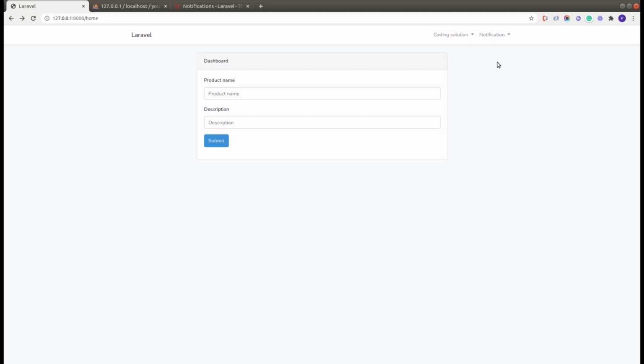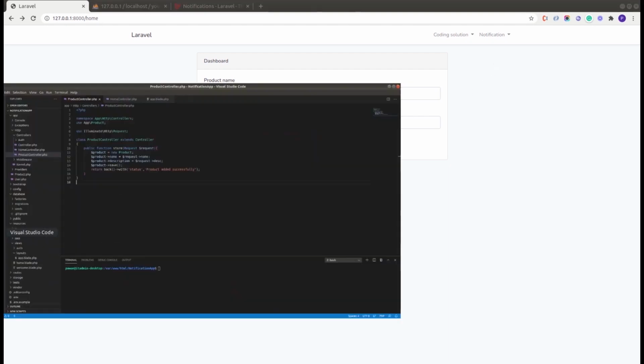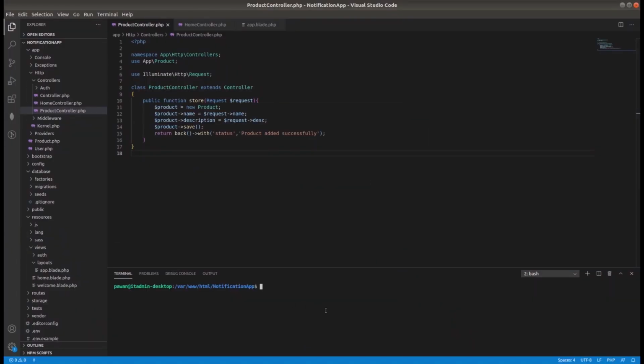First of all, we will create a notification using the Laravel command, which is php artisan make:notification, and after this we will write our notification name.